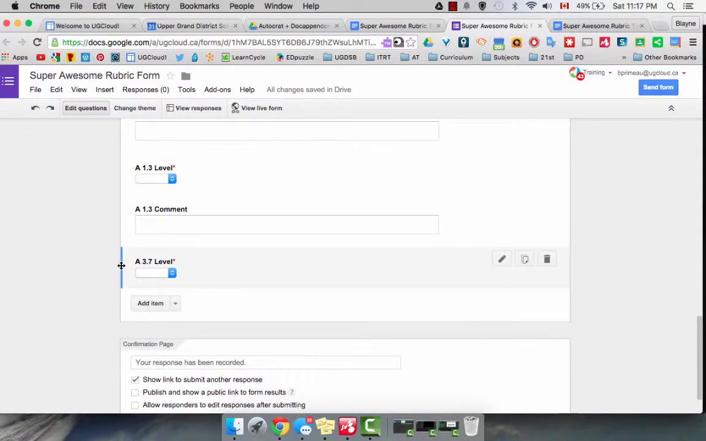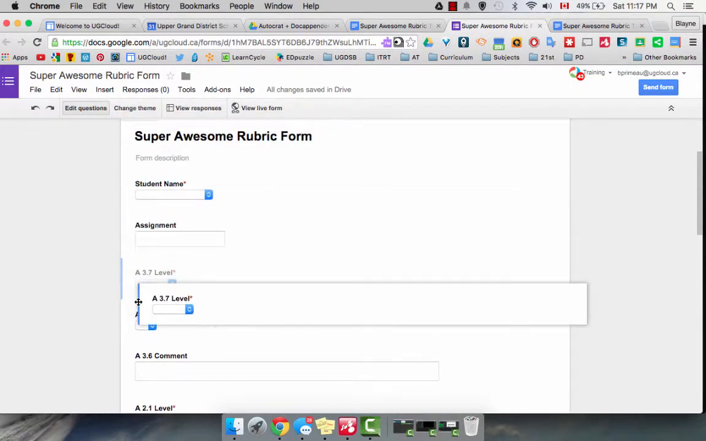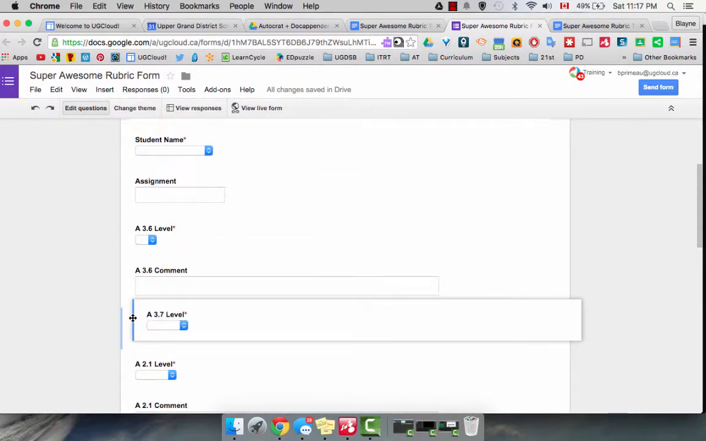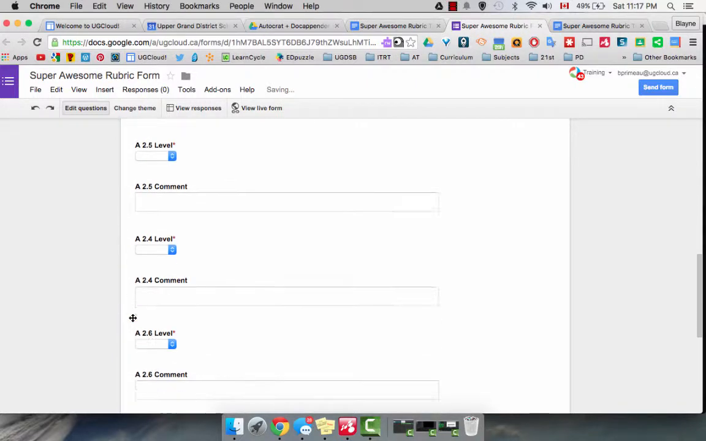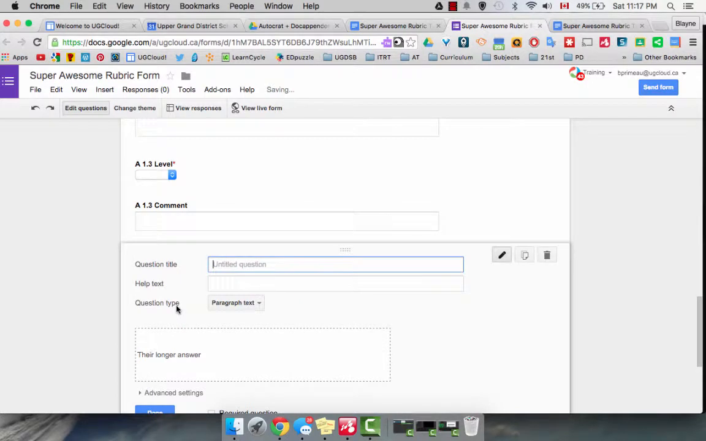We just click, wait until we see the four arrows come up, click on it, and then move it up to where we need to. We need it right here. And then we'll go down and we'll add another item. This time will be the paragraph text, and it's a